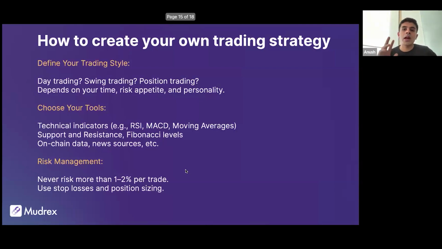Now comes on-chain data. This one is a very, very crucial one. This will give you huge insights into whether a specific cryptocurrency is performing well or has potential to perform well. The two platforms that I would highly recommend are DeFi Llama and Artemis. In fact, I think what I can do is go onto one of these platforms and show you in real time what these platforms actually look like.